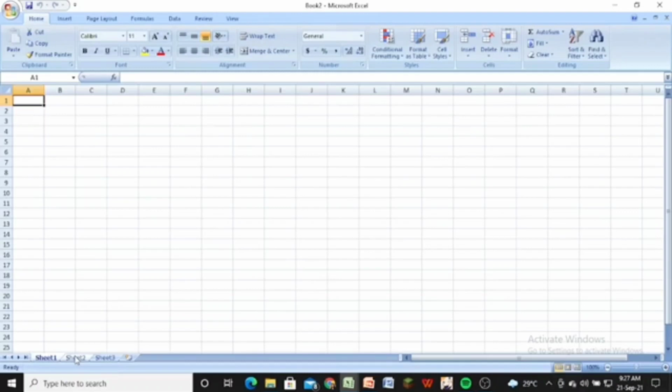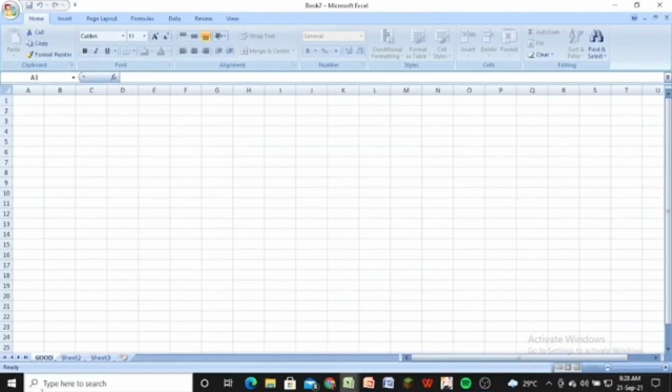Okay, now see here, all the sheets are mentioned at the status bar, like sheet 1, sheet 2 and sheet 3. This is known as the sheet tab. Children, right now we are learning about the components of the MS Excel. So this is the sheet tab at the bottom, that is at the status bar, and on top we have the title bar.